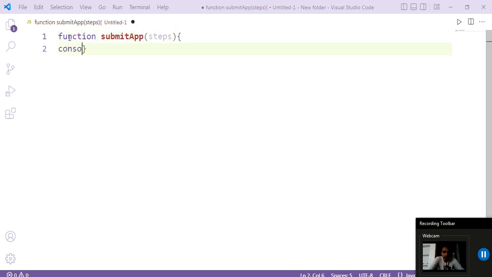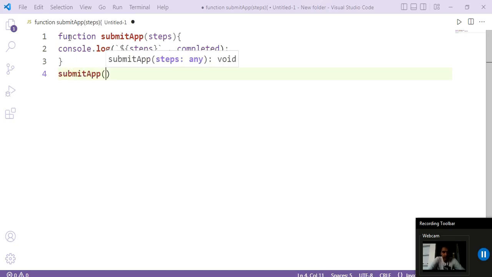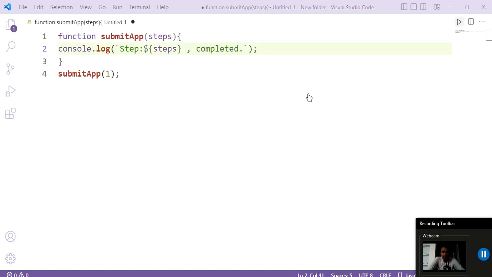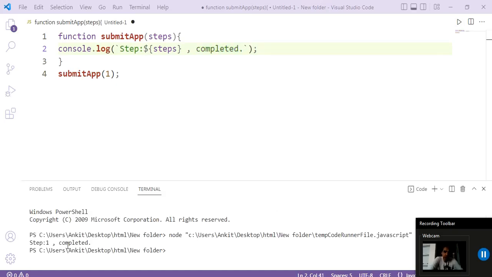Now here I can give a statement console.log step completed. Now I will call this function submit app and pass 1. Before this I can write a statement like step, then if I am passing 1 here, it will append 1 here, so we can say step 1 completed. Now if we run this, you can see the output is step 1 completed, right?